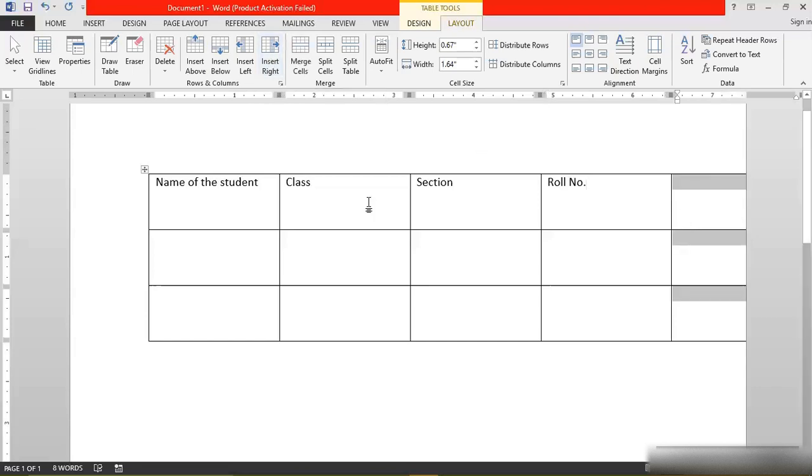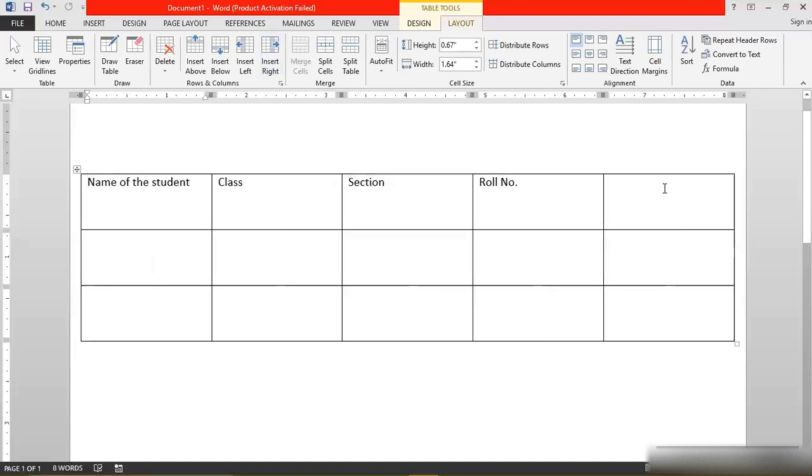Now you can see on this page the column has been added. Let me just drag the table a little bit to the center. Now you can see the column has been added at the last. Now suppose you have started filling the names of the students and all the data are filled, but still one student is left whose data you want to enter. Now in that case, you need one more row here, right?